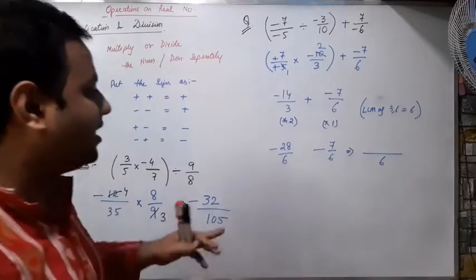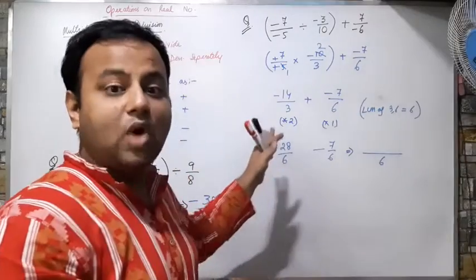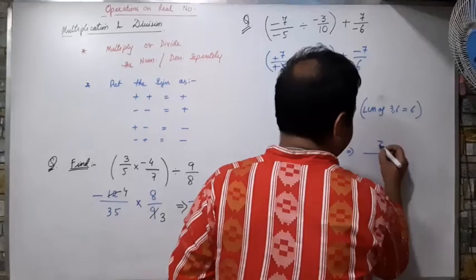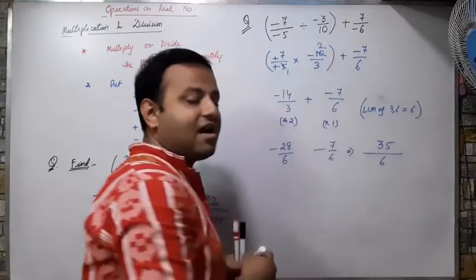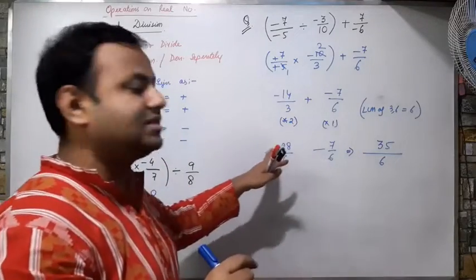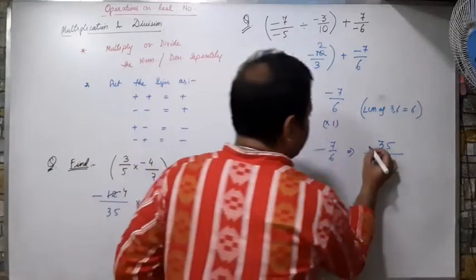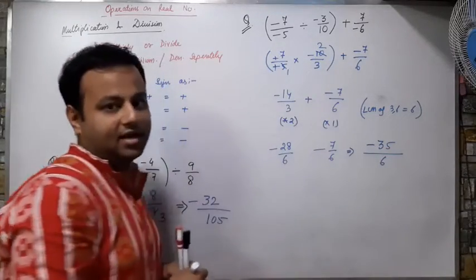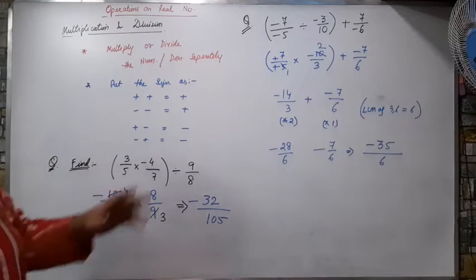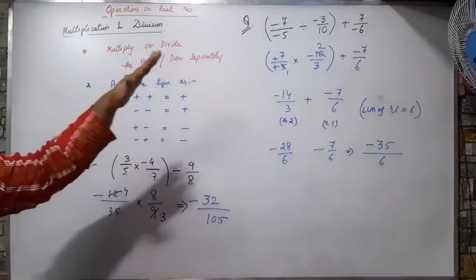Then my next step is to find the sum, because both the signs are same. So I will find the sum of it. 28 and 7, the sum is 35. Now I have to find the sign, which one is larger. So 28 and 7, 28 is the larger and 28 has a minus sign at the beginning. So I will put a minus sign in the beginning. So this is how my rational numbers operations are done.